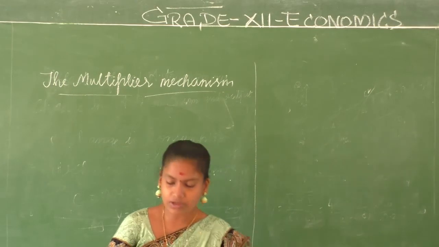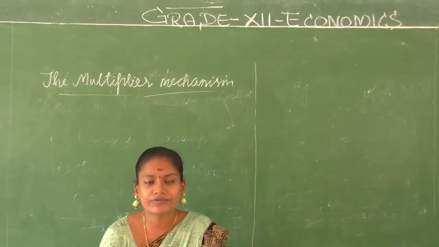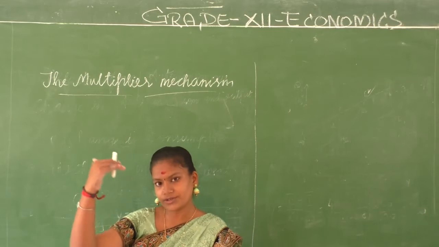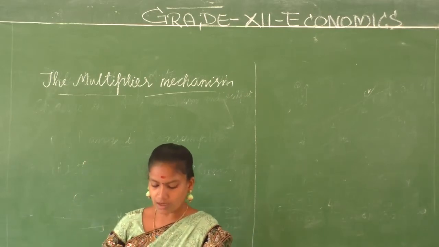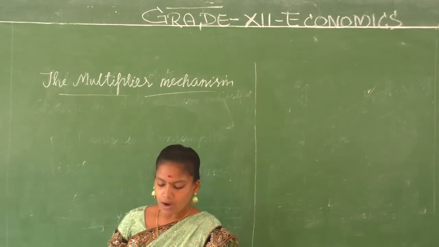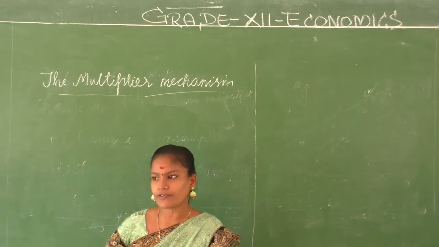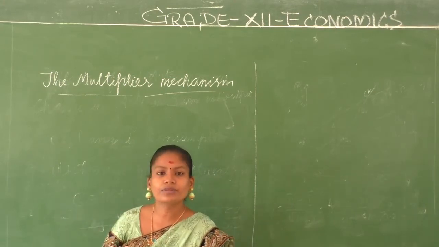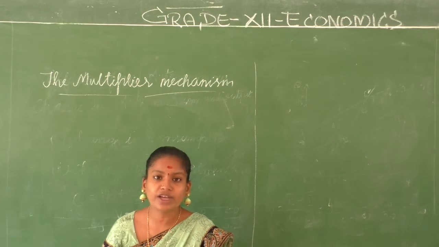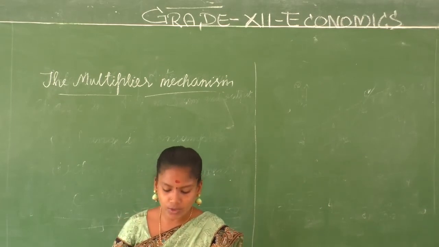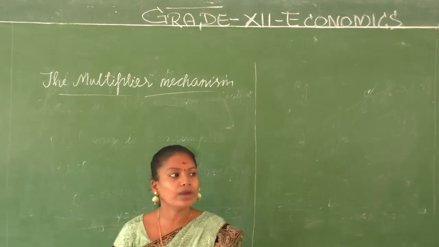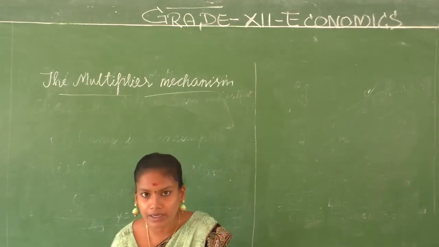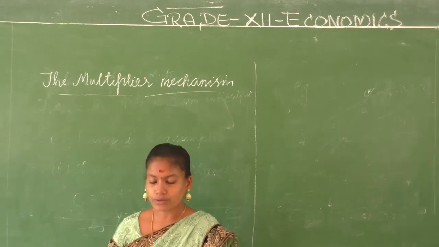Okay. So we saw that previous example, the investment, the autonomous expenditure increased by 10 units and how it changed. Equilibrium income was changed by 50 units from 250 to 300. So the equilibrium income changed by 50 units. How is it applicable? How are we going to find the other equilibrium incomes further? That is what we are going to discuss.